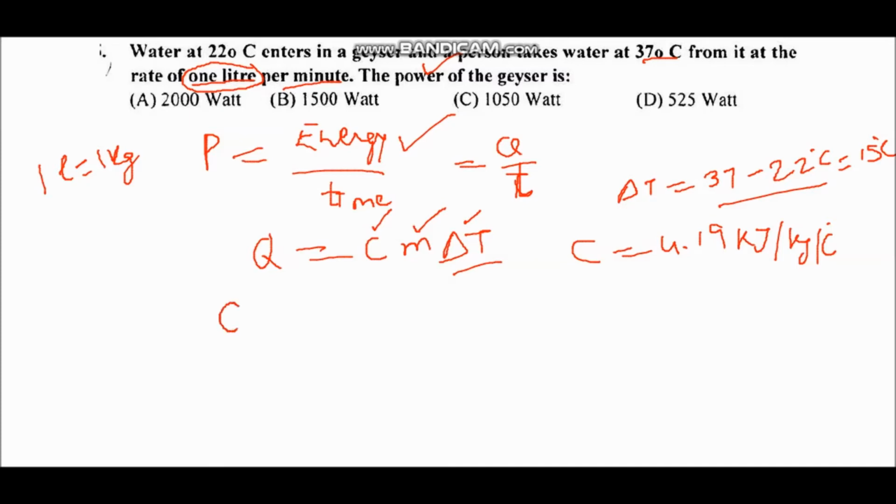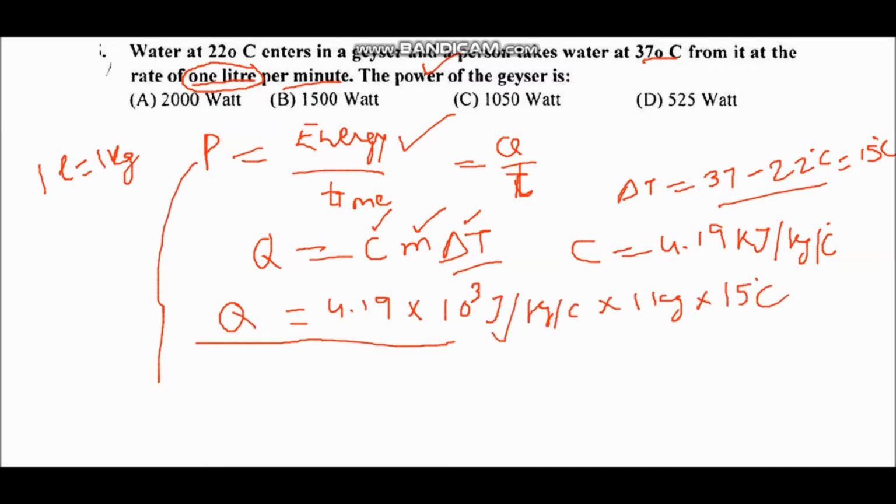So we have Q is equal to, and we want to find power, so for that we divide Q by T, and we have T is equal to 1 minute, means 60 seconds. So we divide this whole equation by 60, and after solving we get power is equal to